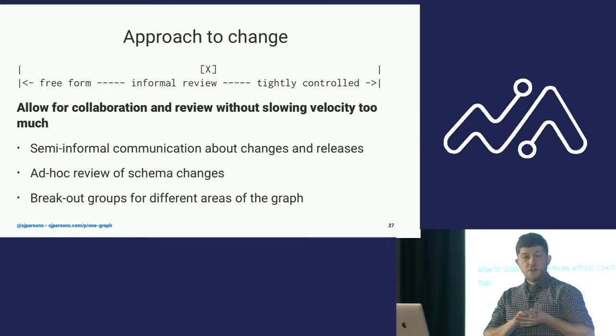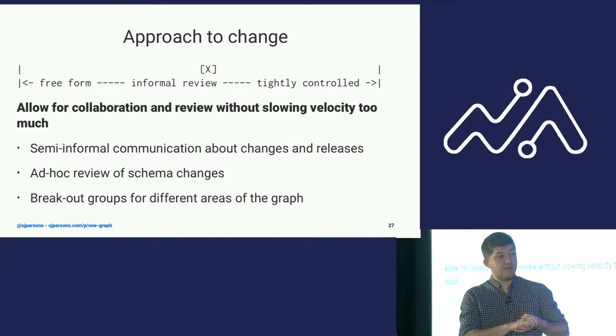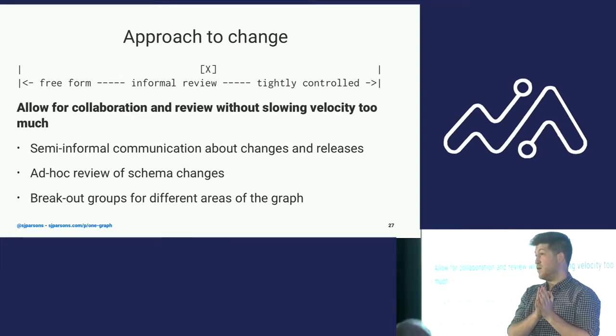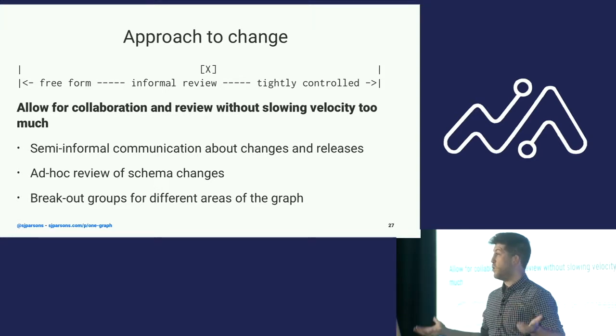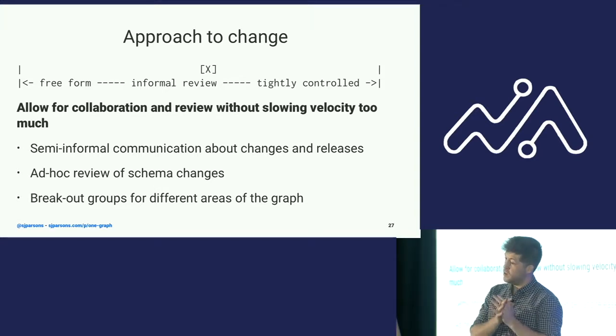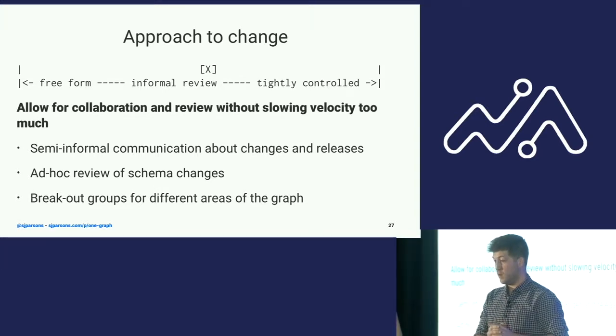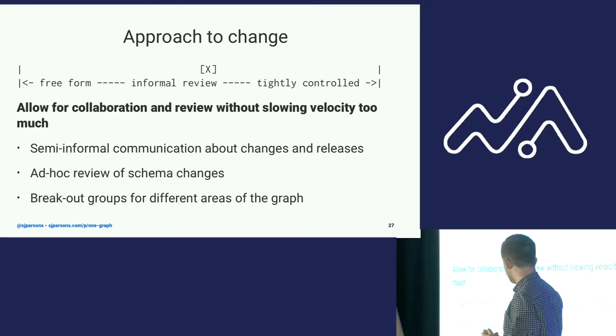So our approach to this was to hit somewhere in the middle along that graph. We didn't want it completely chaotic. We knew that we had to get a lot of things in, so we didn't want to slow down the velocity incredibly, but we wanted to have at least some process around that. So for us, it evolved organically, really, but we had a lot of informal communication in our Slack